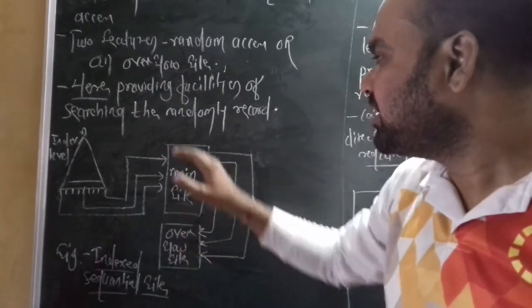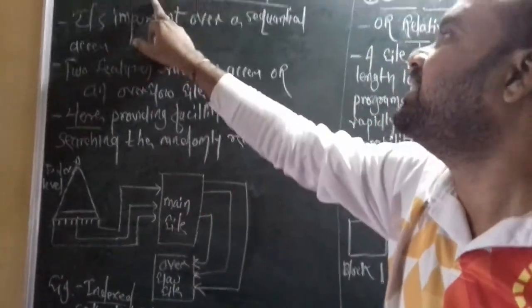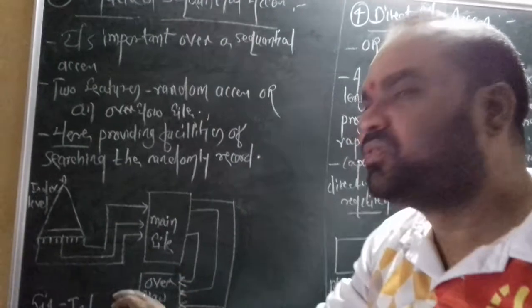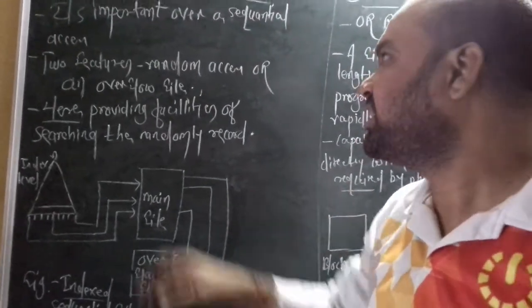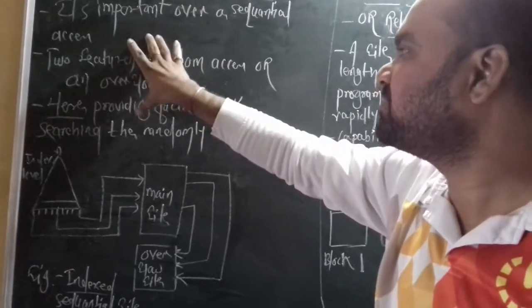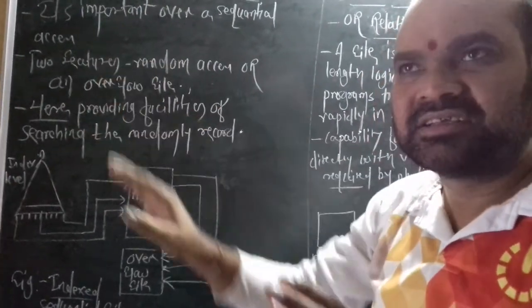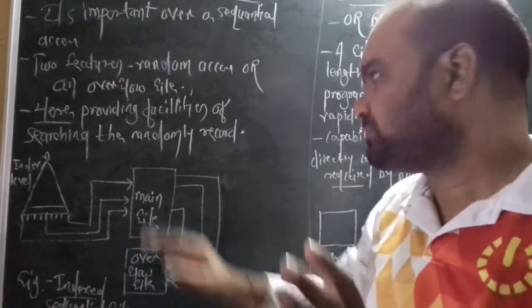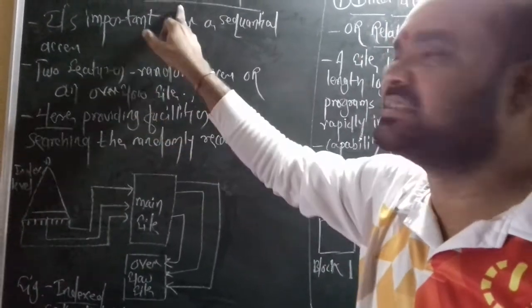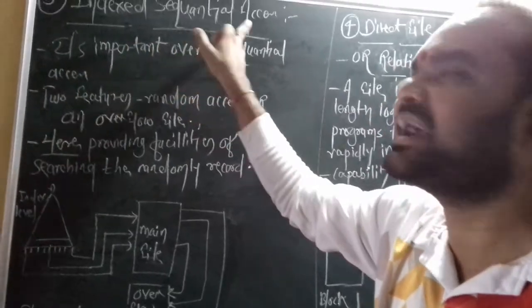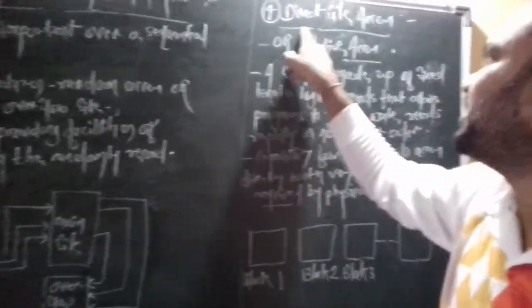That is exactly the main feature, the main advantage of index sequential access. And you can see the number of disadvantages and advantages in our notes regarding these methods. Okay, this is a very simple method, and these methods access the records randomly, properly and successfully. Which method? Index sequential access method.